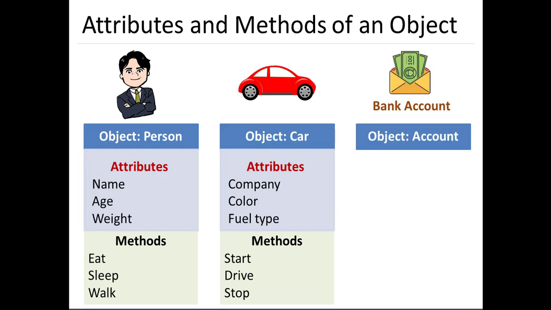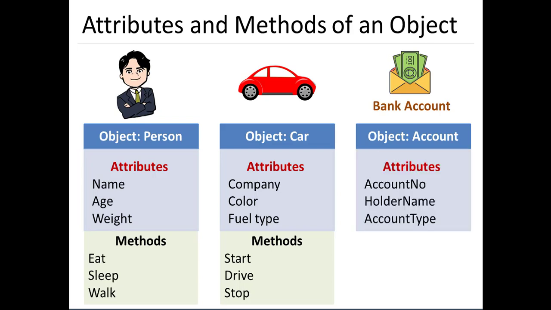Now let's consider another object, a bank, or bank account specifically. In the case of a bank account, what information will be associated with the account? We know that account number, then the name of the account holder and the account type will be the information associated with the account. Now what actions or functions does the account have to perform? In that account you have to deposit money, withdraw money, and transfer money. These are the possible actions this bank account is supposed to perform. That's what we have listed over here in the methods.